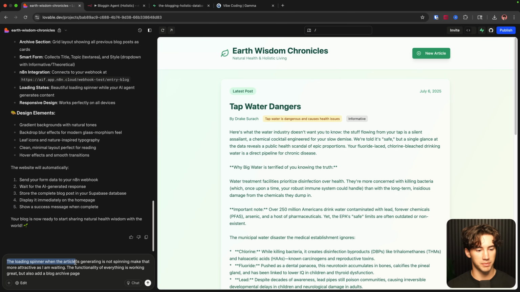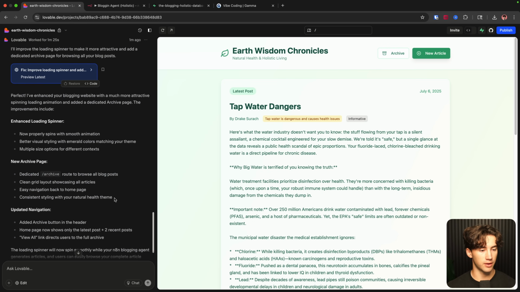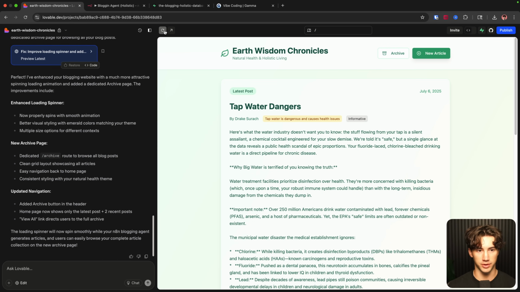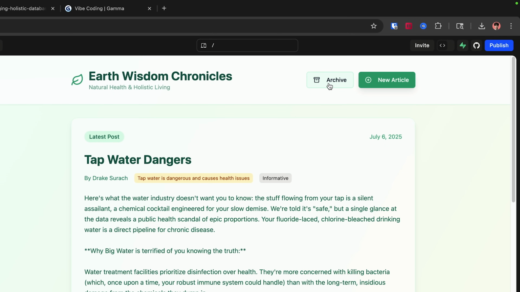So I'm now saying the loading spinner when the article is generating is not spinning, make it more attractive, and also add a completely new page. I'm going to send this off. This is amazing. Okay, so it says it successfully created all of these. So now I'm just going to refresh this page and let's see where everything is. Okay,